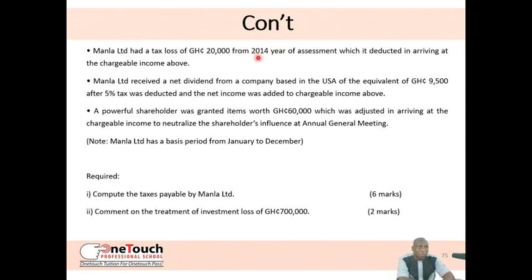the IRS Act, because this one, they say the loss was incurred in the 2014 year of assessment. If the loss was incurred in the 2016 year of assessment, where we are now using the new Income Tax Act, businesses which are not in the priority sector can carry forward losses for a period of 3 years. So you could have resolved that if it were under the new Act, but because the loss was under the IRS Act, businesses that provide mining support services are general businesses, and for that matter,